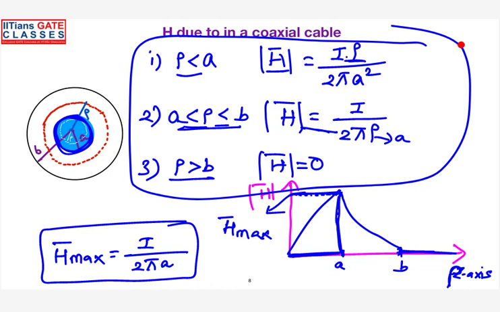Of course, there are some cases where you need to memorize the formulas. But as far as today's presentation is concerned, it's all about how you apply your concept. The full presentation is nothing but how to apply Ampere's law. When any magnetic field intensity problem is given, wherever you need to find the magnetic field intensity, you enclose the source with a closed line. Then find out how many currents are enclosed in that, so find the total enclosed current. Then you can apply Ampere's law. That's it. That is the method you need to understand.